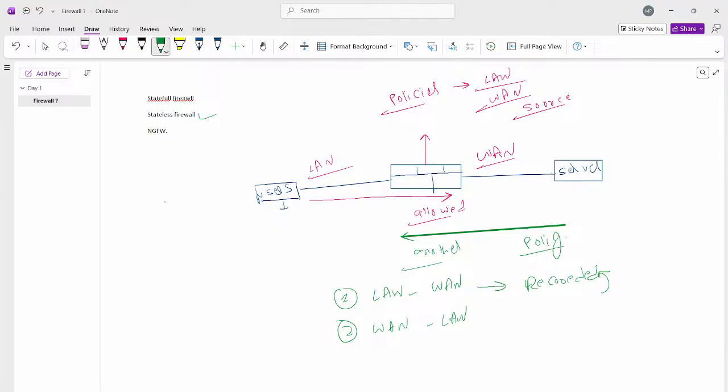But assume at the same time I have a stateful firewall, then what will happen? When the traffic goes from LAN to WAN, it is allowed by a policy. At the same time, the firewall will create a session. Okay. When the reverse traffic comes in now, the firewall doesn't need any other policy because this was the traffic which